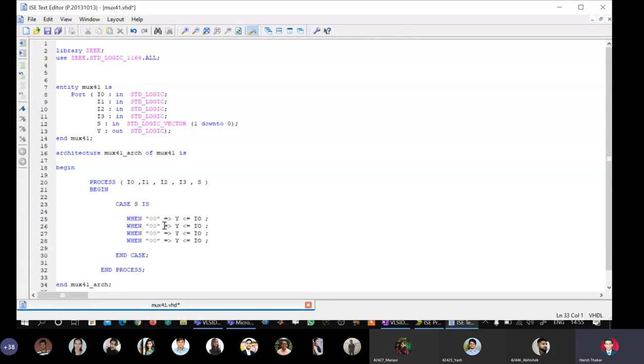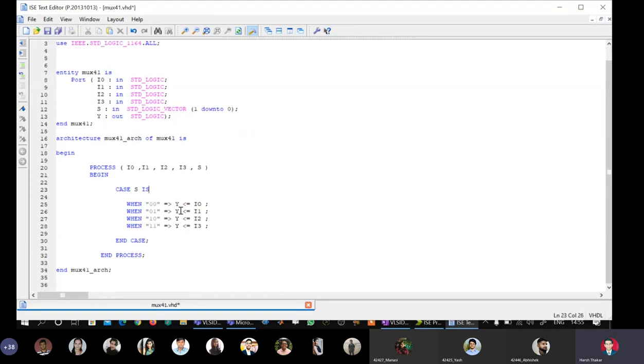Everything is same. Now go on changing 0, 1, 1, I2, I3. Intentionally I will keep it 1 1. Okay, so case S is when 00 I0, 01 I1, so it should be 0. Yes. Okay,